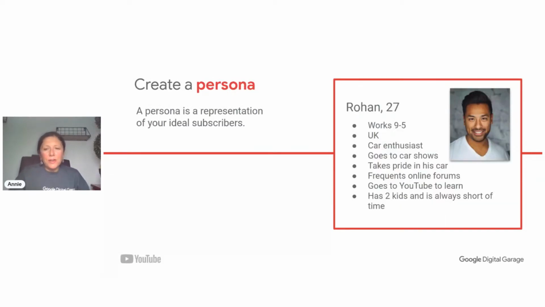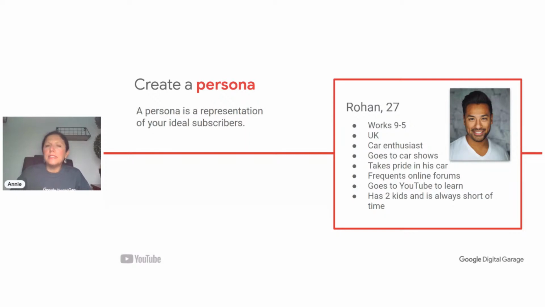Next is creating a persona. And I can see Amy saying April next year. So it sounds like you're having your wedding next year. Very good, fantastic. Oh, that's an exciting thing to work towards and to document, Amy. So thank you very much for sharing that. It's great because we even have a date in mind as to when we're working towards. So now we're thinking about who, and in the case of Amy, it'd be other people that are interested in having weddings or getting married, or in terms of the gardening pursuits as well.